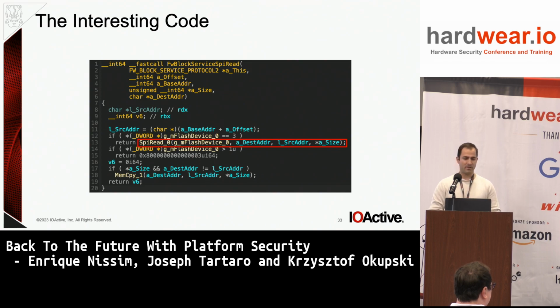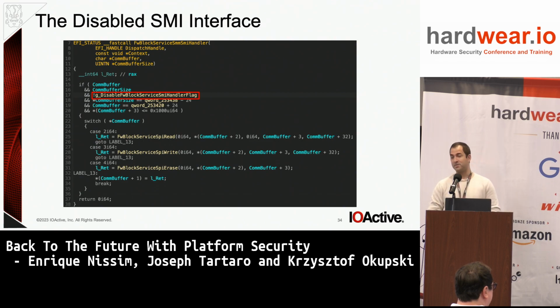And we wanted to see, okay, these modules, do they perform proper checks? Can we do something more with that? And we saw that actually in this handler for the SPI Read, there were no checks whatsoever. So you can see over here, essentially all three parameters, which are the source address, destination address, and the size, are basically fully controlled. So a fully controlled memcpy, we all know what it means, it's basically a write-what-where, right? So at that point we thought, okay, let's exploit this, but right when we thought we hit gold,